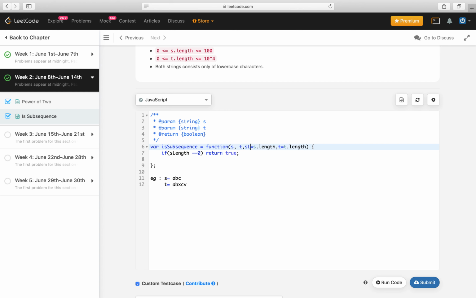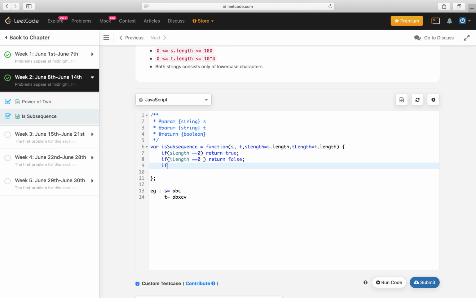Our second base case is if t length is equal to 0, we return false in this case, because if t is empty, it cannot have any string as a subsequence.